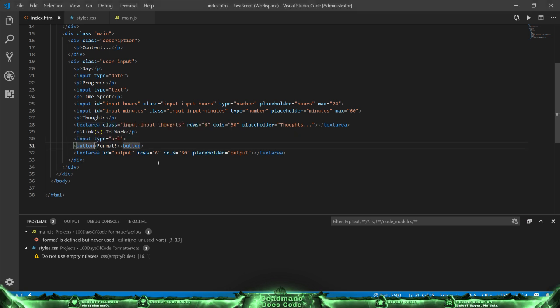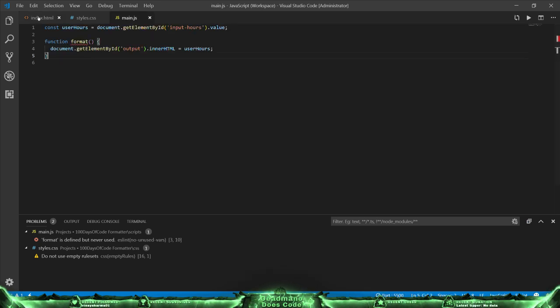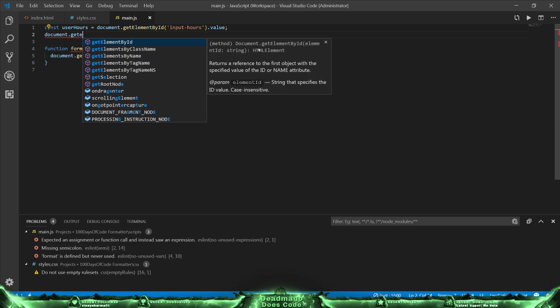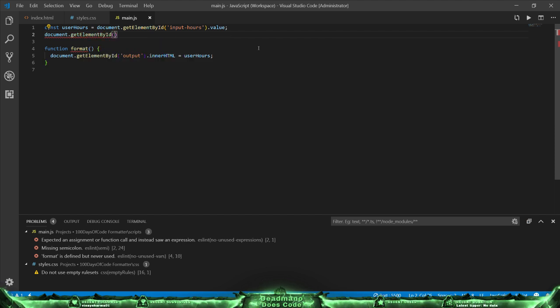On button. So we give this an ID of... Can we give it an ID of format? I guess. Are we using function as format, but that shouldn't be an issue. Because then we can document.getElementById again, format, dot addEventListener